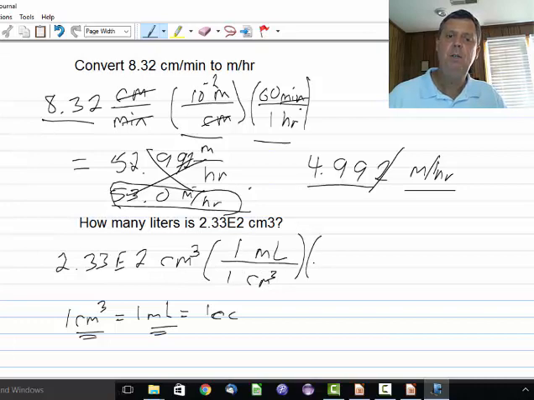And now I can go from milliliters to the answer being asked for in liters. Of course, this is 10 to the minus 3. And multiply this out, you get 2.33 times 10 to the minus 1 liters